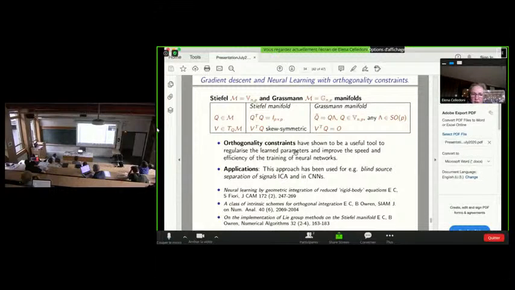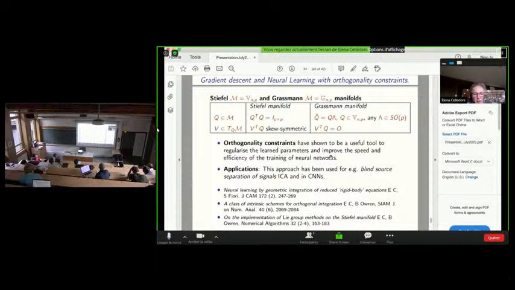Why are orthogonality constraints interesting in the context of deep learning? Well, the reason is that imposing constraints on the parameter matrices in deep learning has been shown to have a good regularizing effect.